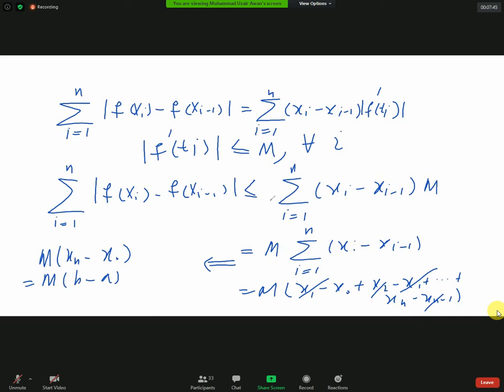This is a finite quantity। सुप्रीमम ले लें both sides, यहाँ पर भी सुप्रीमम ले और यहाँ पर भी सुप्रीमम ले। इसका सुप्रीमम क्या होगा? वो भी यही होगा।